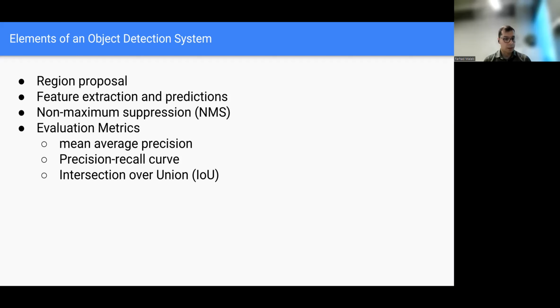Similar to classification, we also need to extract some features from the image or from different regions of the image. These extracted features might tell us about the information within that specific bounding box.